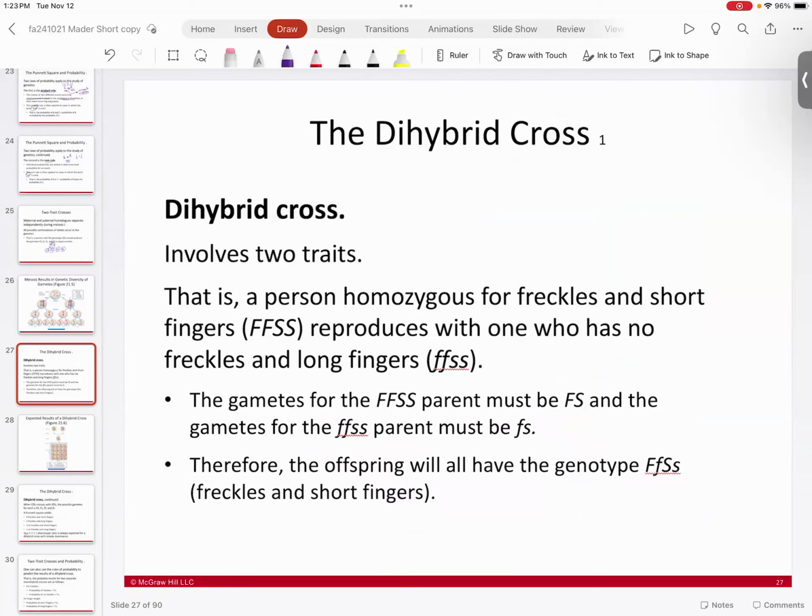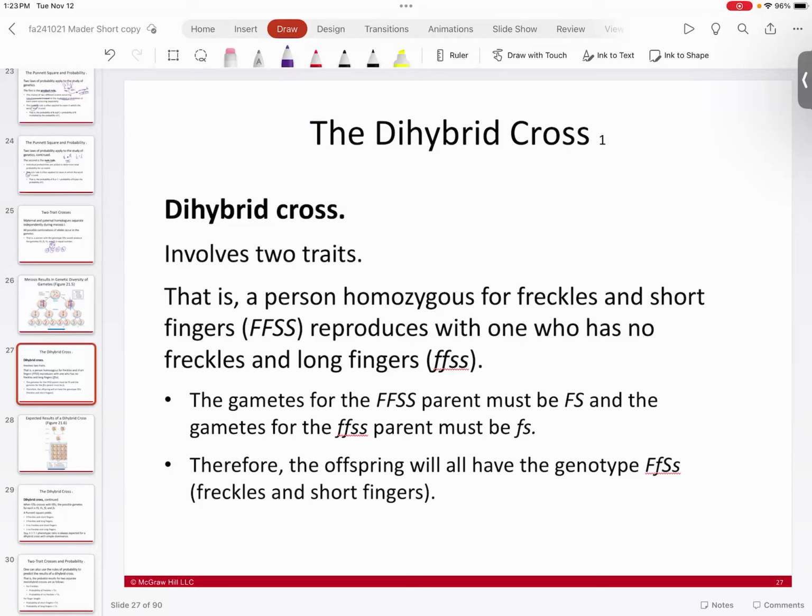So when you cross 2 traits, that's what's called a dihybrid cross. Remember, the one trait cross was the monohybrid cross; crossing two traits is the dihybrid cross. So for instance, if it's freckles and short fingers, if a person is homozygous for freckles and short fingers, they're going to be homozygous dominant for each, and then you cross them, or you reproduce with a double recessive, so recessive for each, who does not have freckles and has